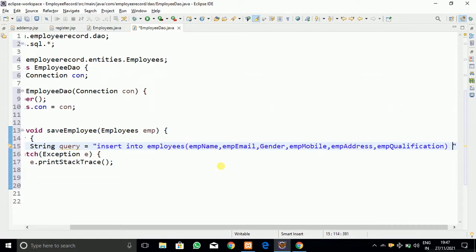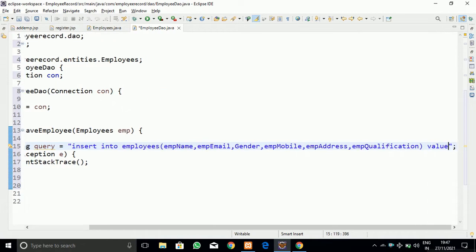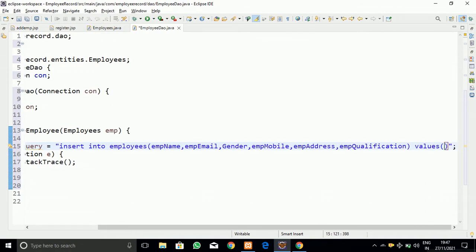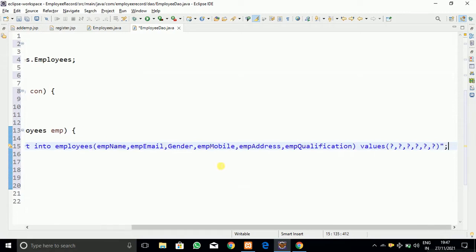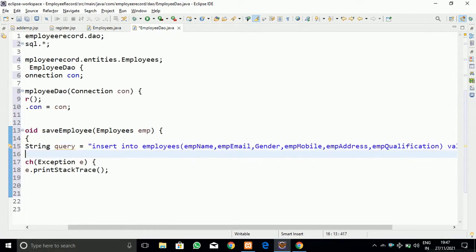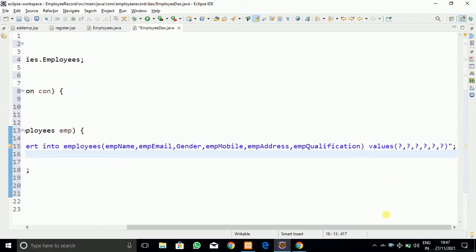The values are initially placeholders, question marks in this string, and we then replace them with the actual values.